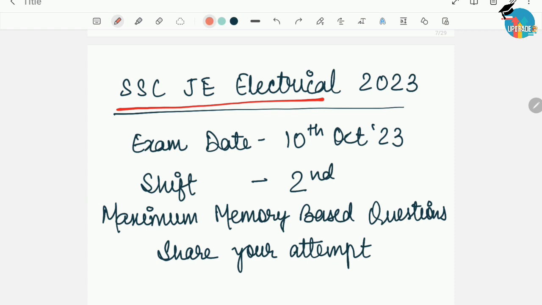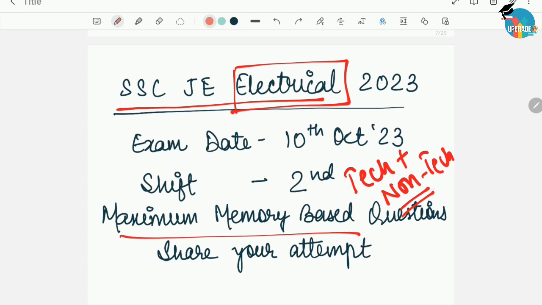हेलो एंड वेलकम गाइस टू अपग्रेड। आज के इस वीडियो में यहाँ डिस्कस करेंगे एसएससी जे जूनियर इंजीनियर का जो एग्जामिनेशन 9 अक्टूबर से स्टार्ट हो चुका है। आज सेकंड शिफ्ट में 10 अक्टूबर को इलेक्ट्रिकल का एग्जामिनेशन हेल्ड हुआ है, तो मैक्सिमम मेमोरी बेस्ड क्वेश्चन इस वीडियो में डिस्कस करने की पूरी कोशिश की जाएगी।